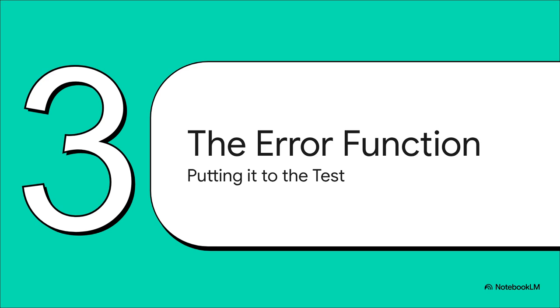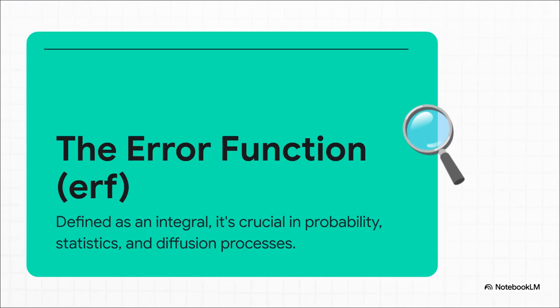Well, let's put it to the test on a really important function, one that shows up all over statistics and physics, the error function. This right here is the famous error function, or erf of z. It's super important for things like probability theory, but here's the crazy part. Look at how it's defined. The function is an integral, and not just any integral. It's the integral of e to the minus t squared, a function that's famously, notoriously impossible to solve with basic